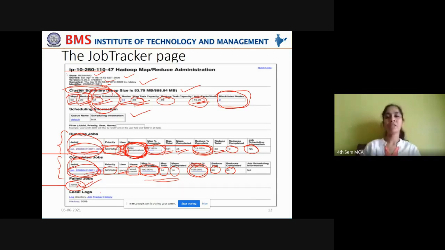Now under this local logs, you have local directory and job tracker history. Now this job tracker history, listen carefully, at a time can display 100 jobs information. Job tracker history on this web user interface displays 100 jobs details at a time. Okay, and this log directory will have all the completed